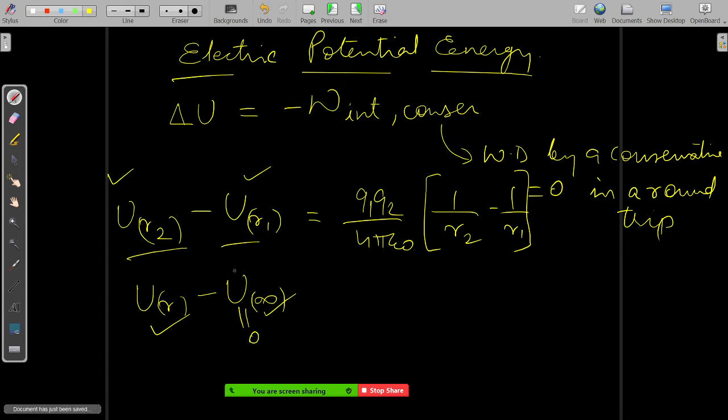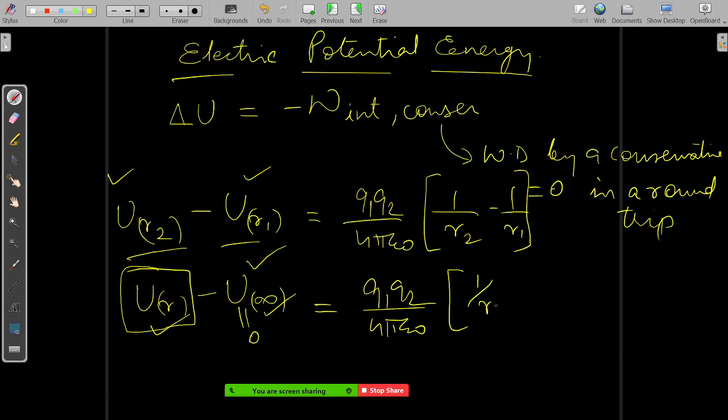If we assume something like this, you can define the potential energy of a particular orientation. When the two charges are at a distance r, we can define the potential energy stored in the two charges, correct? If we assume one point as having potential energy equal to zero, we generally assume that point at infinity. So if you do something like this, the same formula comes to be what?